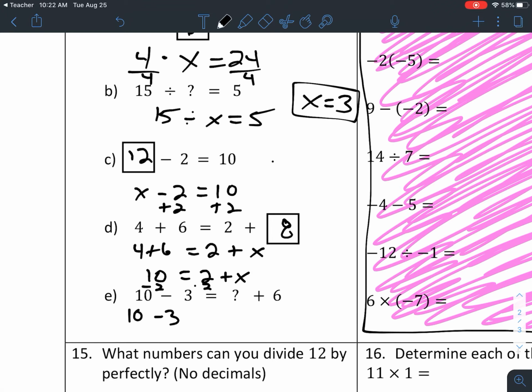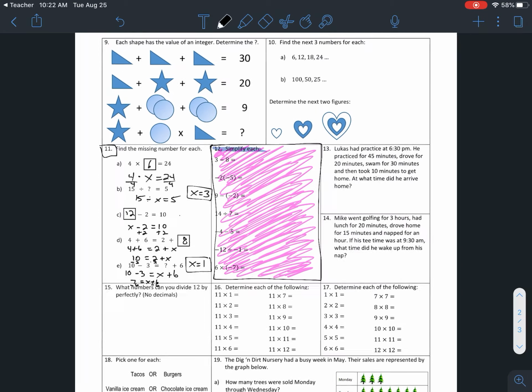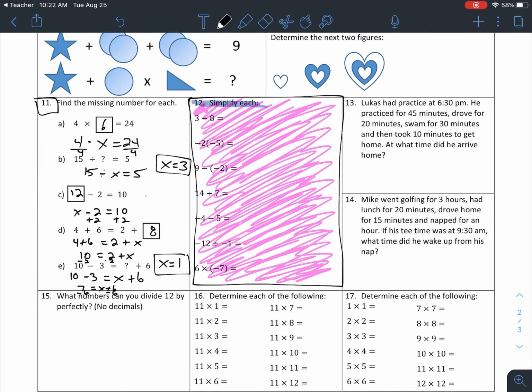10 minus 3 is equal to x plus 6. Simplify, 10 minus 3 gives you 7 equals x plus 6. Excuse me. If you subtract 6 on each side, leaves you as x is equal to 1 as your final answer. Okay, so make sure you guys have that done, 11 down as well, and you need to do number